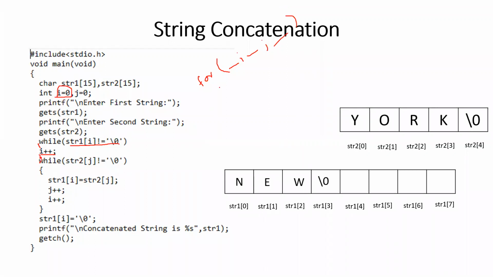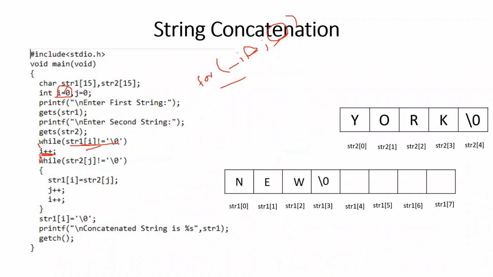So with some logic, you can convert the for loop into a while loop. That is, the initialization you can give before the while loop, and the condition to be checked, whatever we are giving as the second part of the for loop, you can mention within the bracket. And the increment of i, which you are giving as the last part of the for loop, you can give within the statements. If you have any other lines to be executed also, you can give them along with this increment. Okay, so this way you can convert the while loop program into a for loop, and vice versa.